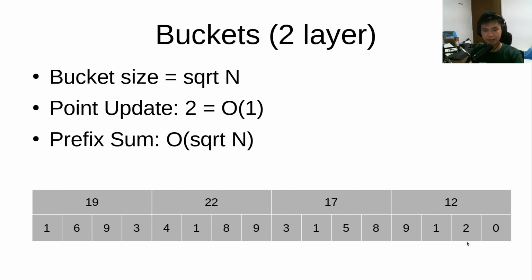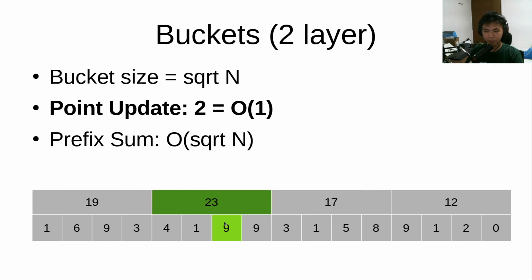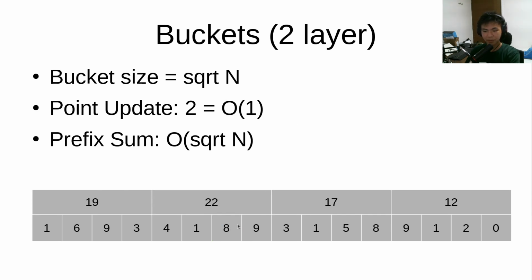That's the optimal bucket size. And every 4 elements, I sum it up and store it in a bucket, in another array. And so now every point update, let's say I update this 8 to a 9 over here, costs only one time, because I just look at the amount that I added to this array element,